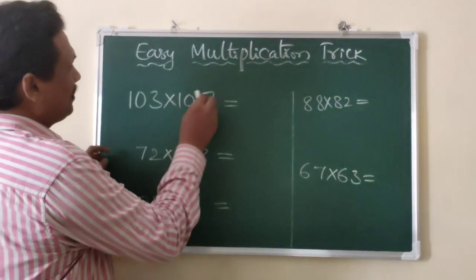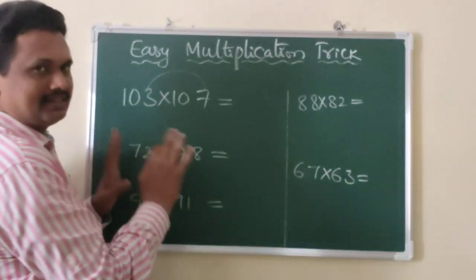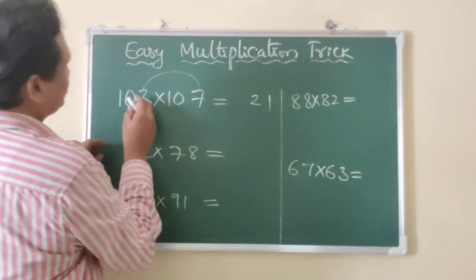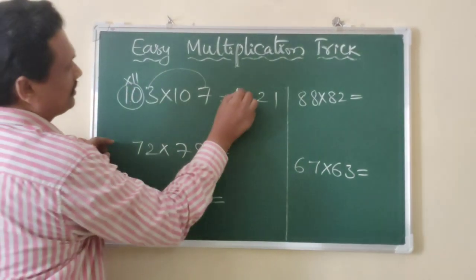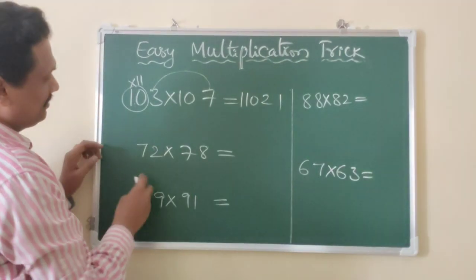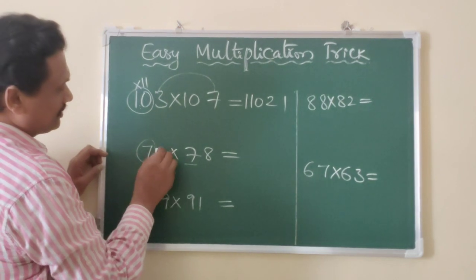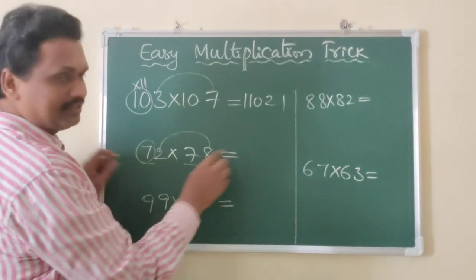Observe friends, some more examples. Here, the sum of the unit digits is 10, means 3 plus 7, 10. At that time it is easy to apply this knowledge. Okay. 3 7s are 21. Here, the next number after 10 is 11. 11 10s are 110. That's all, 110 and 21. Okay. For example, here the tens place is the same. When the tens place is the same and the sum of the unit digits is 10, apply this technique.